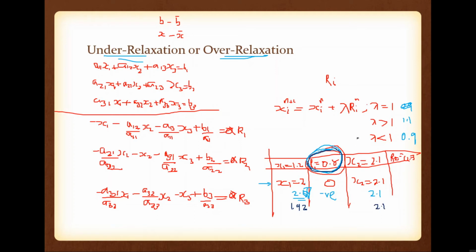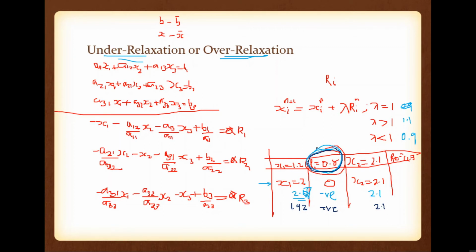Now what about the next iteration? The residue value. Here it is positive. Then here also it will be positive. Means it will not cross the 0 value. The residue will not cross 0. So for normal relaxation, residue will be 0 during the next iteration. For over relaxation, residue will cross 0 value. For the under relaxation, residue will not cross 0. If it is positive, during the next iteration also it will be positive. It remains as positive one. Okay. So please note that.